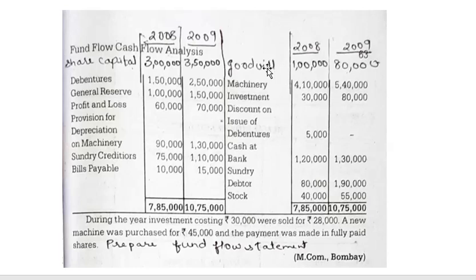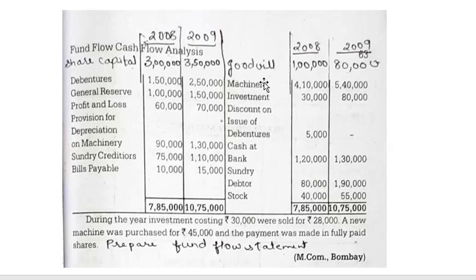There are several items given under the asset side and several items under the liability side. As you know, we have done a few problems already under fund flow statement. There are three steps to prepare. The first one is statement of changes in working capital. Second one is adjusted profit and loss account. The third one is fund flow statement. So in the problem itself, I will explain to you in which statement this item is to be entered.